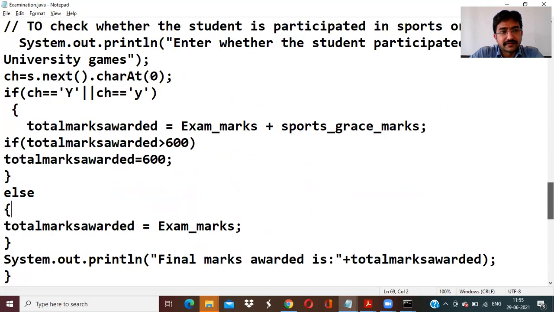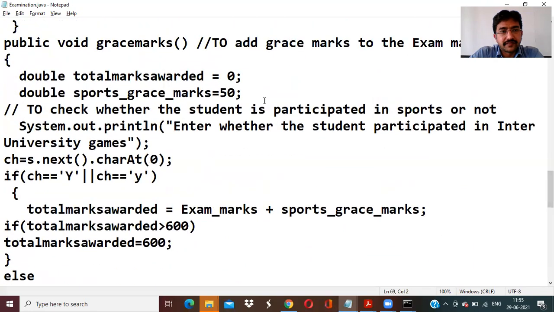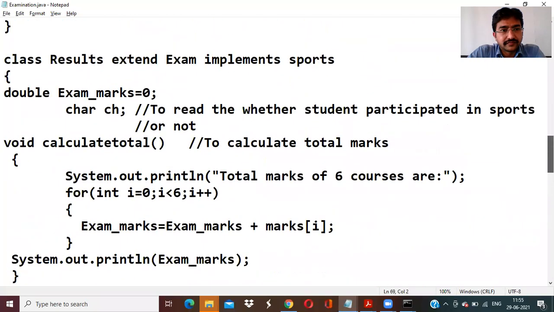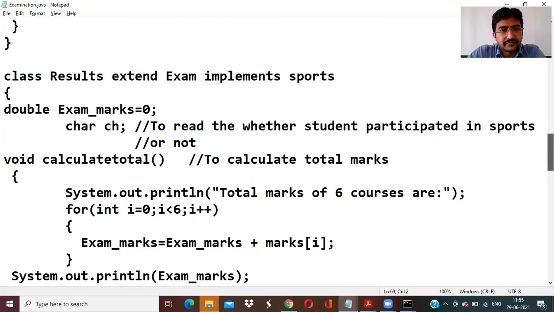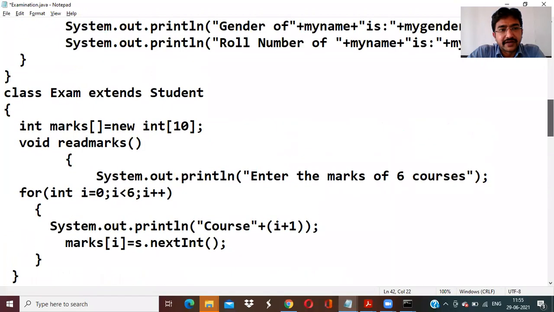Okay. Yes, Narayana? Sir, inheritance keyword extends, sir. Right. Yeah. Thank you. Thank you very much. Yeah, extends, fine.